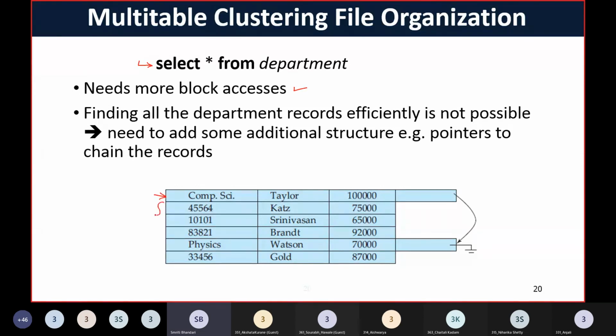The reason is, see here, one department, then all instructors, then next department, then all instructors, and so on. If we are organizing data in such a way, then obviously more than one block is being utilized to store the records from the department and instructor relations, so it may require more block accesses to execute select star from department,